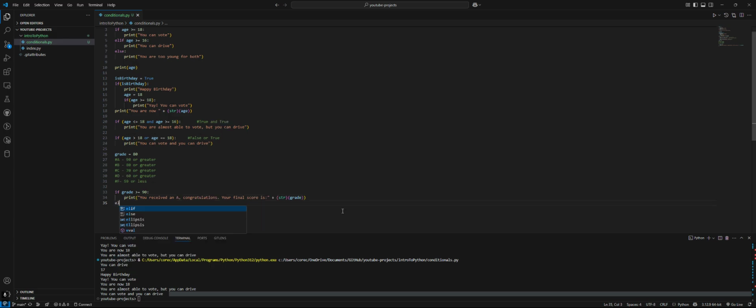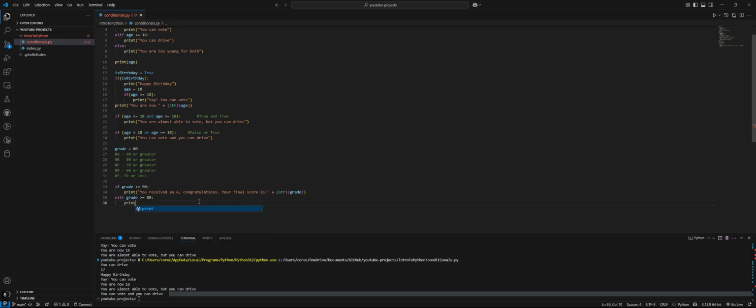We're going to use an elif statement, an else if our grade is greater than or equal to 80. We don't have to worry about upper or lower bounds on this because we already checked if it was 90 or greater. So if it's not 90 or greater, then we can safely just check if it's 80 or greater. This is almost the same as just writing if it's between 80 and 90. So we got that, so we can print,